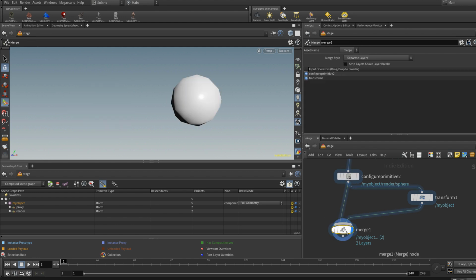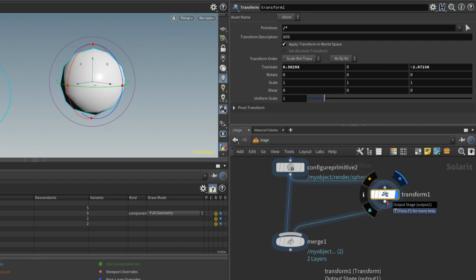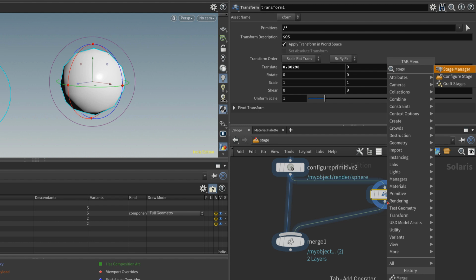So it's like if this object all of a sudden got overridden by this new one right here. So if you would actually want to display two different spheres, in this case you would need to rename this guy. One way to rename it easily would be to use a stage manager.